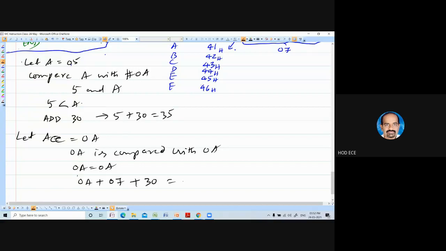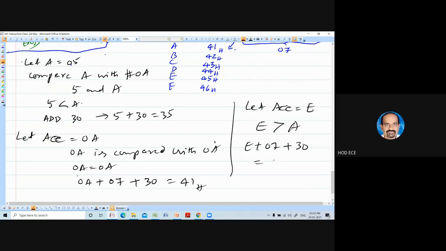So you are going to get 41H. Suppose accumulator is equal to 0E. Now E is greater than A. So then also you have to add E plus 7 plus 30. So you are going to get 45H. So that is how this program works.